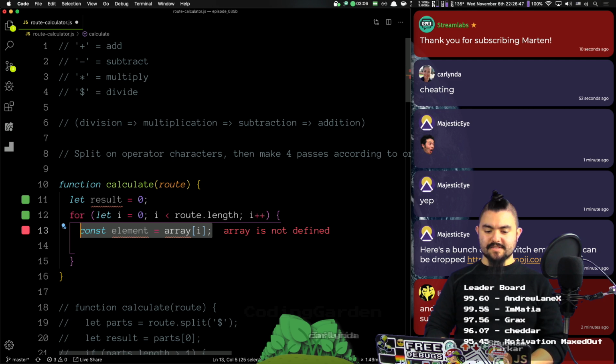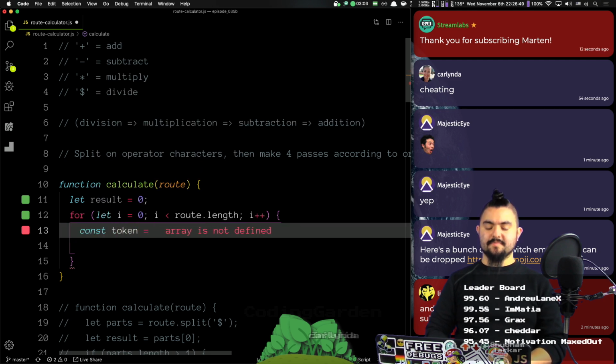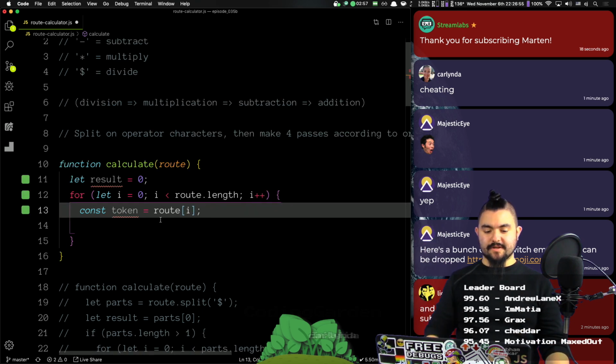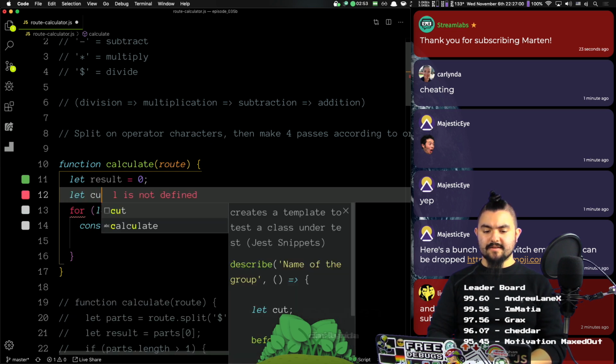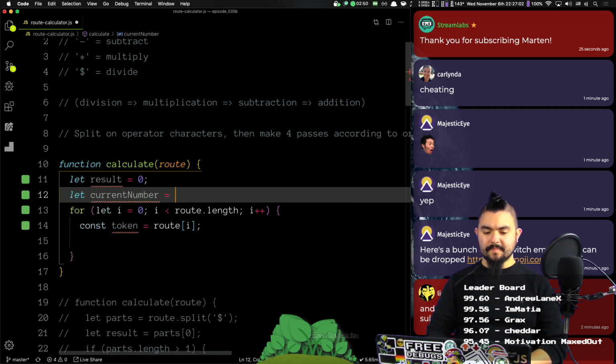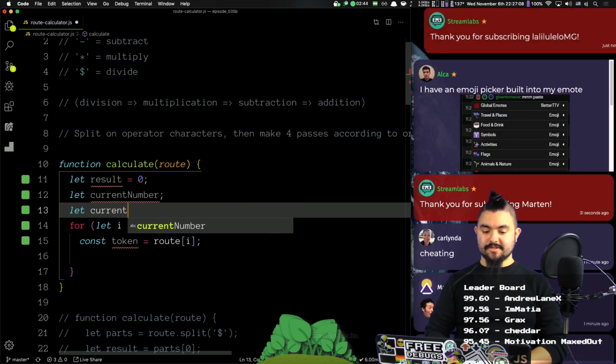And then we'll say token is going to be route at i, because that's going to be a character in the string. And then we need other variables, let's say let current number equal nothing initially, and also let current operation